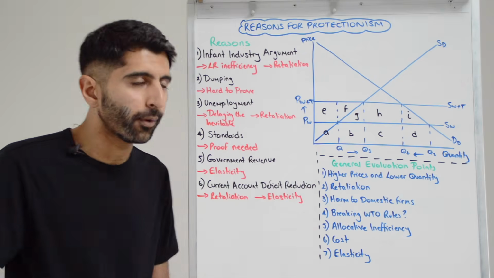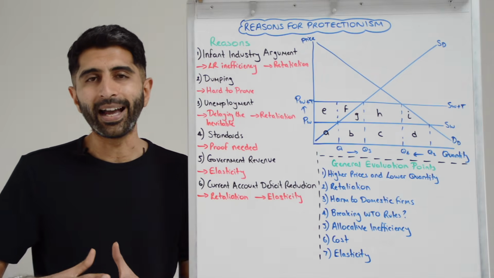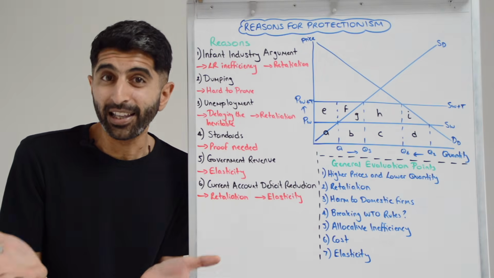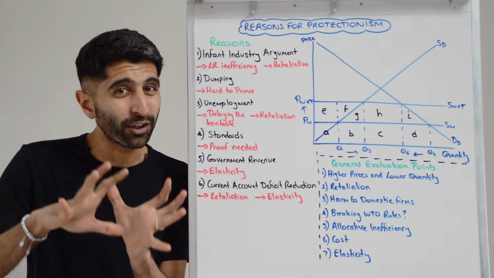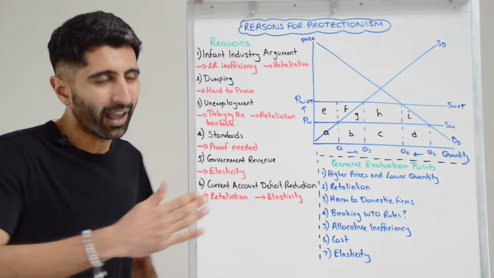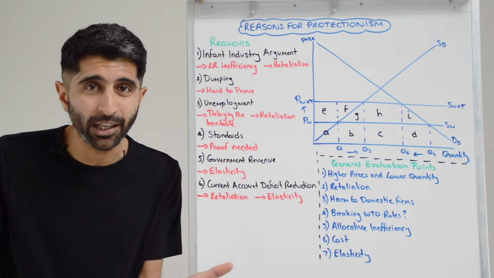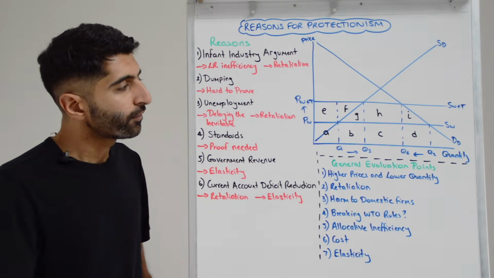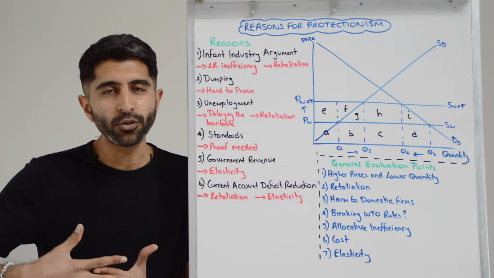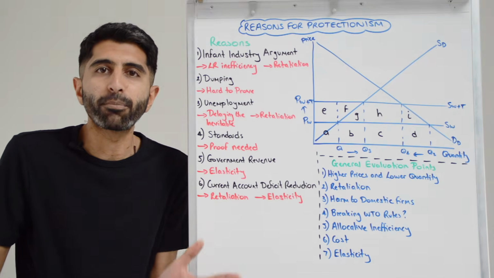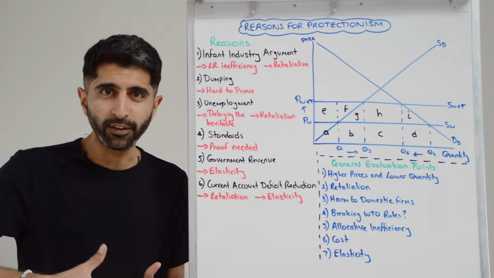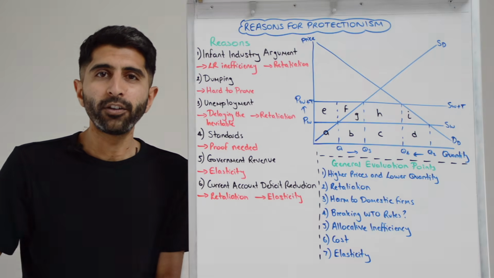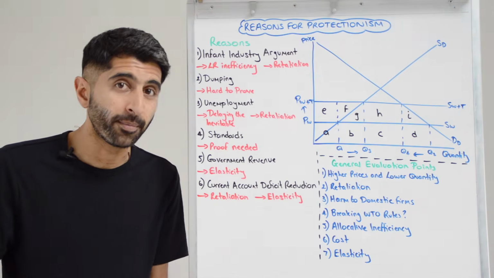That's a theory anyway. The problem with this argument is that if the industry is chronically uncompetitive and lacks a comparative advantage, protectionist measures might just be delaying the inevitable. Like eventually the industry is going to die away anyway. It's a natural process. So would it be better for the government instead to put into place training programs or relocation programs to allow workers to gain new skills and to move to jobs that are more safe in the economy instead?